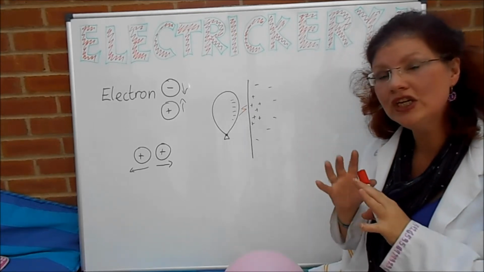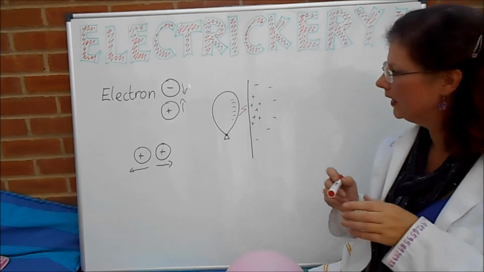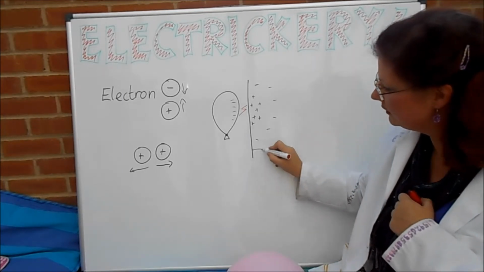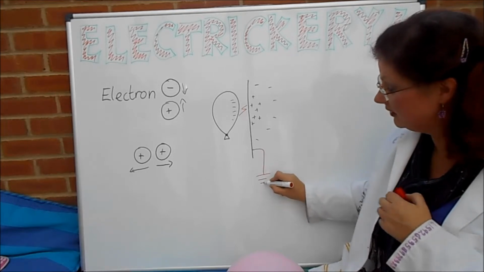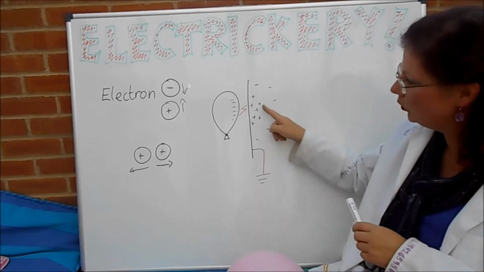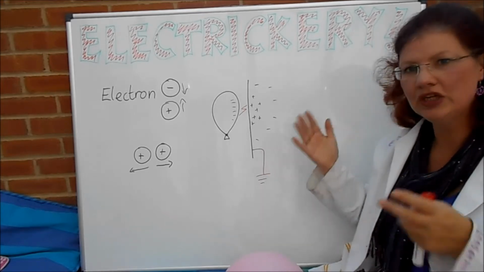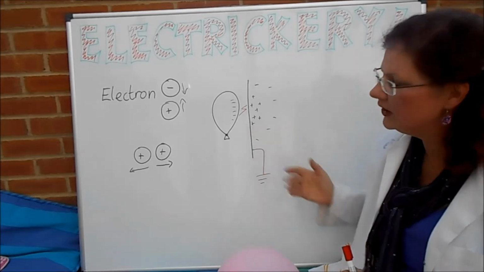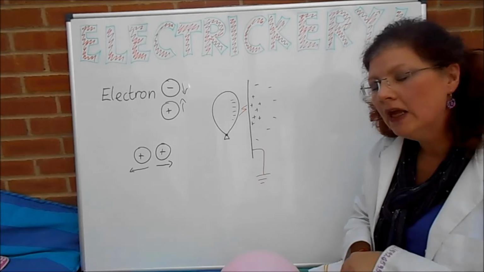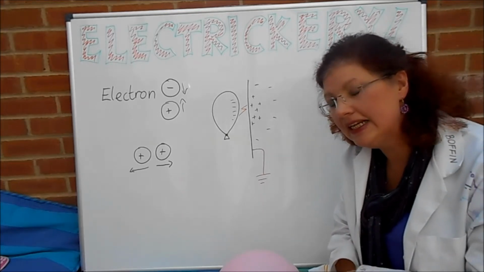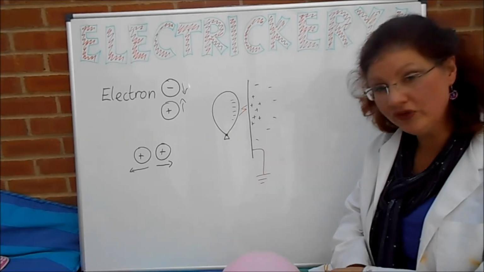So a lot of machinery has to have earth straps, which basically means it's a piece of wire that goes down and is literally buried in the earth to let all those charges escape. So if you ever see earthing straps on machinery and things, that's what they're for, there to let the static charges dissipate. So that's a couple of places where static electricity can be very dangerous,